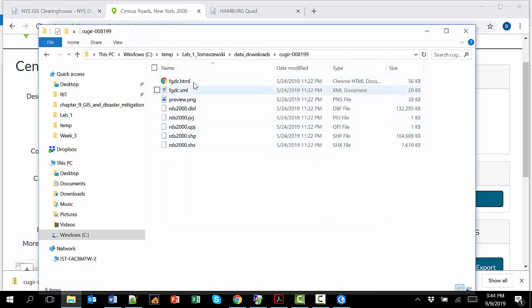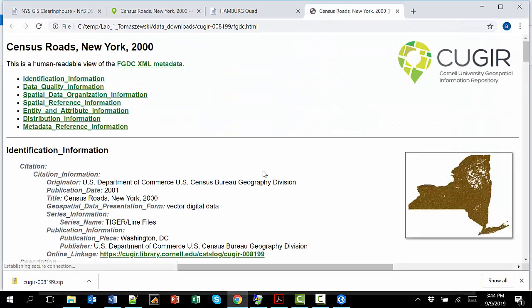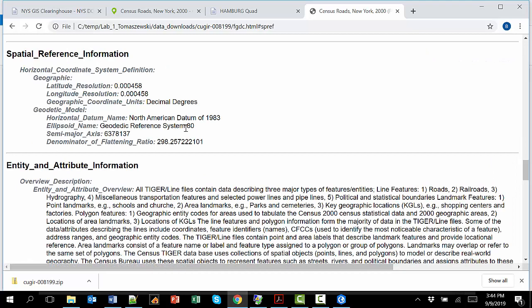And here I have all of the roads for New York State. Now make note of this, FGDC, this is going to be your metadata where I'm going to go find stuff. Later in the lab, it talks about creating a feature data set, and that's what I'm going to use to find the spatial reference information. This kind of stuff there, okay, decimal degrees. But anyways, with my data set downloaded,